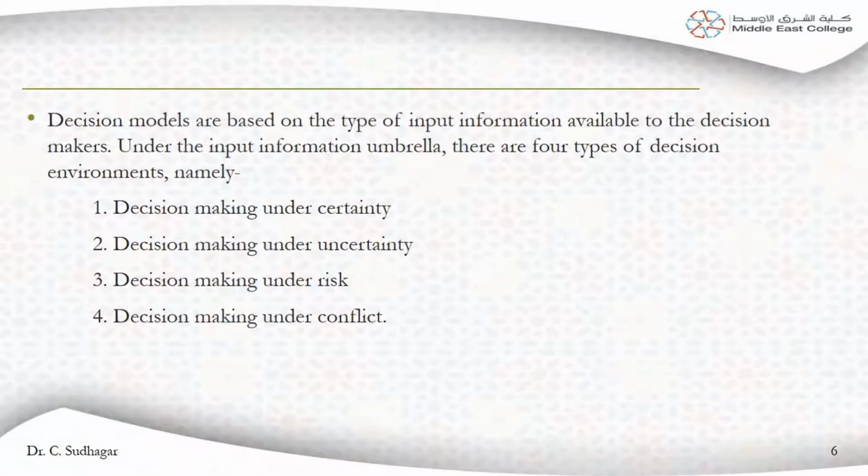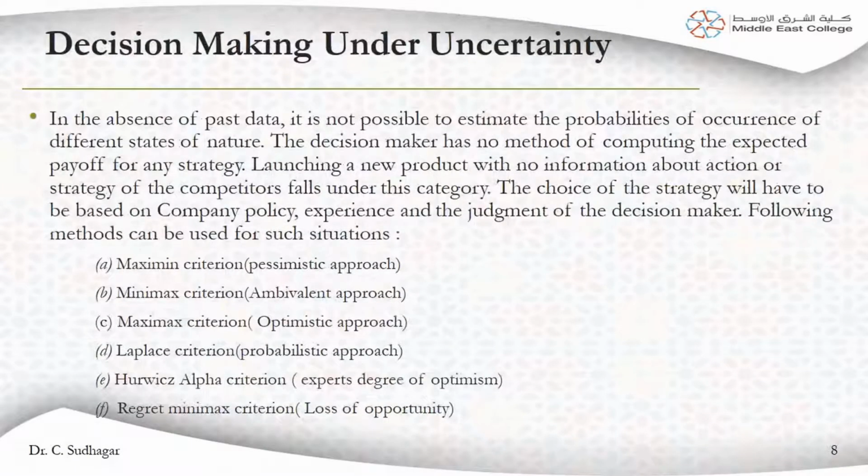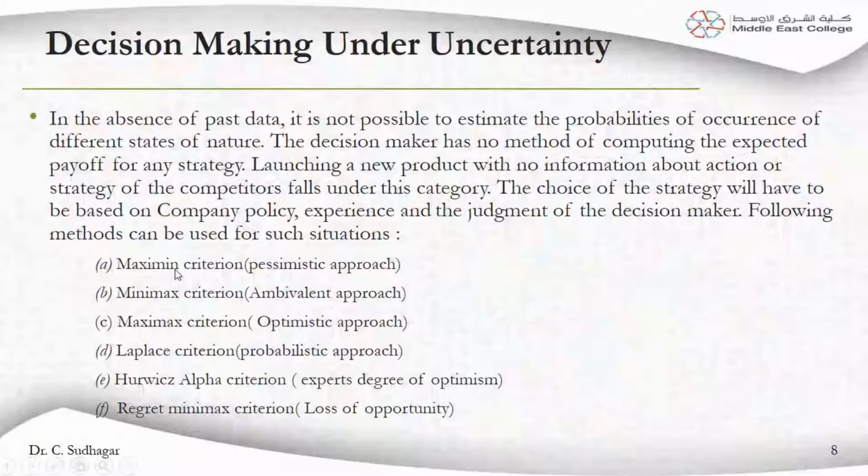Coming to the problems, we are going to have different types of approaches for them. The first approach is called the pessimistic approach, or the Maxmin criterion. Maxmin criterion means we think that everything may go wrong, so that is called pessimistic. Another type of approach is called ambivalent. Ambivalent means it is a mix of things, so we can expect a maximum, but out of which we can expect the minimum output.